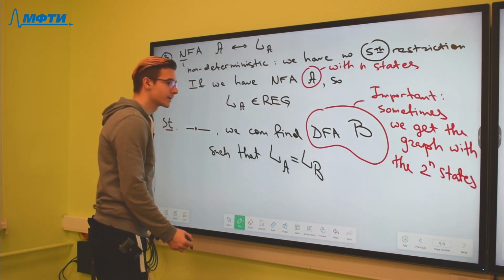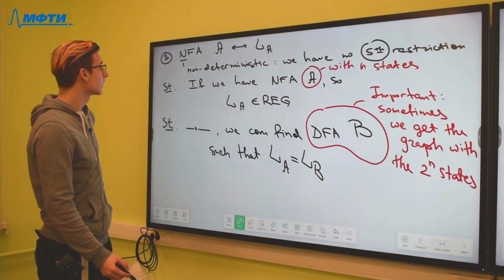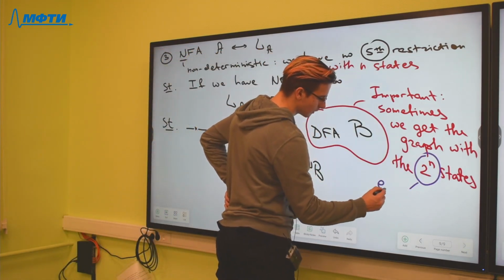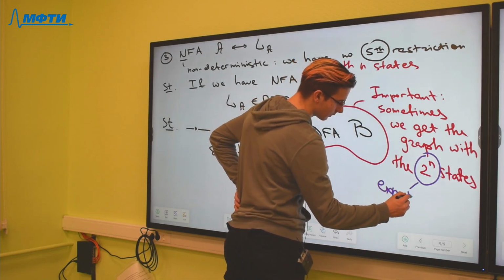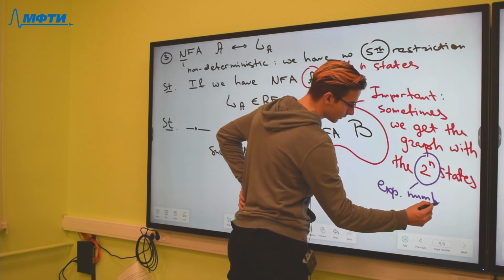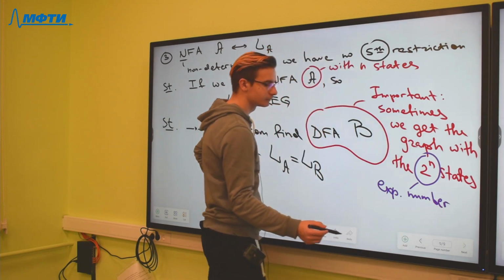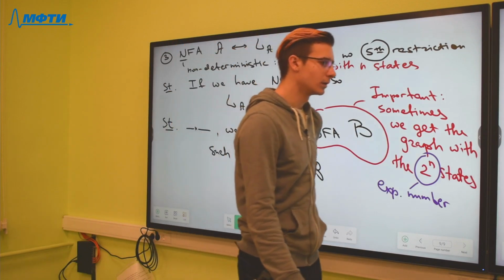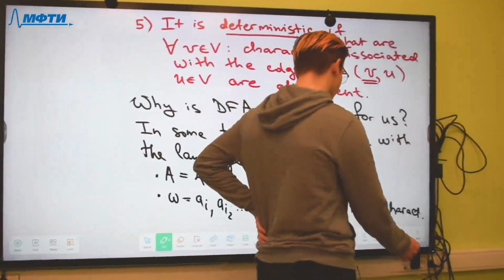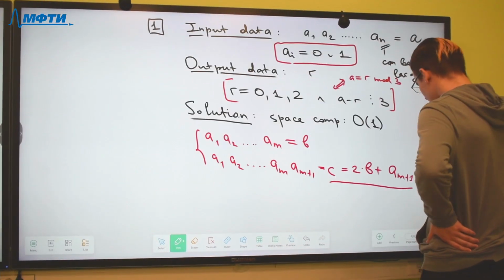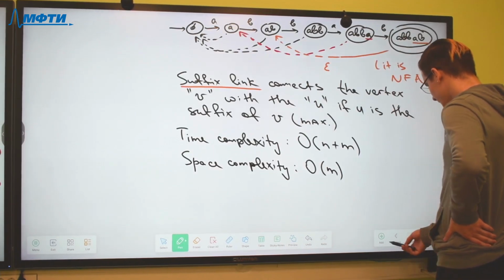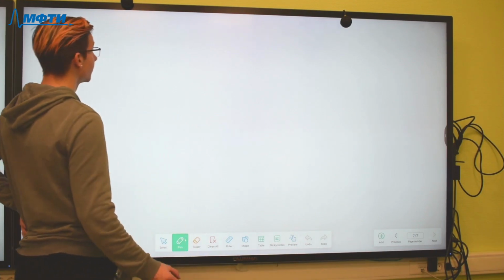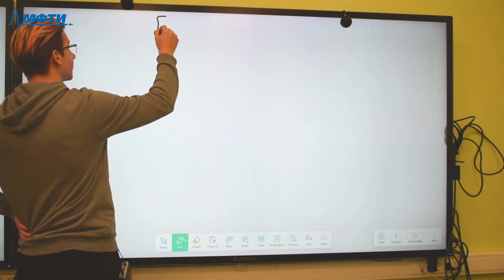So if we try to determinize some finite automatons, we get an exponential number of states. And it is bad, of course. So in different applications, you cannot use DFA. For example,